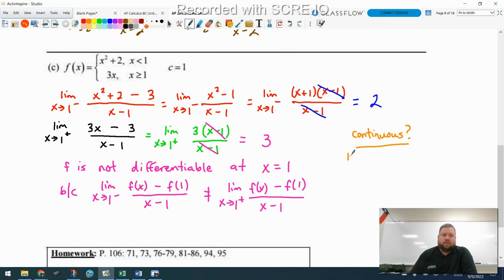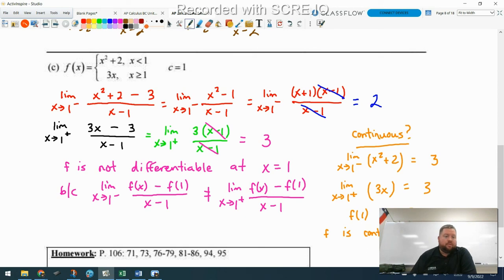All right, so let's do the limit as x approaches 1 from the left. So if I'm coming from the left, I have the top function, x squared plus 2, and I can just plug in 1. 1 plus 2 is 3. And then I do the limit as x approaches 1 from the right. So from the right would be the bottom function, so that'd be 3x, and I plug in 1 and I get 3. So since those agree, and if I plug in 1 to the function, I get 3 as well, so I would say f of 1 is equal to 3. All right, so since all three of those are the same number, then I would say that f is continuous